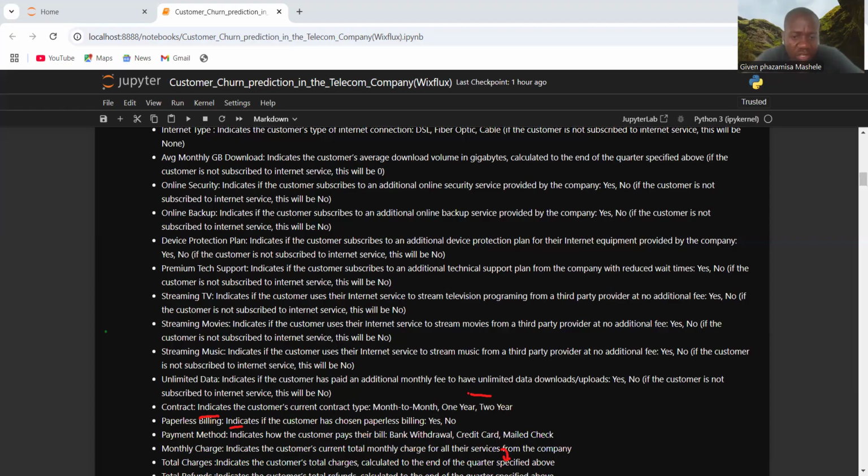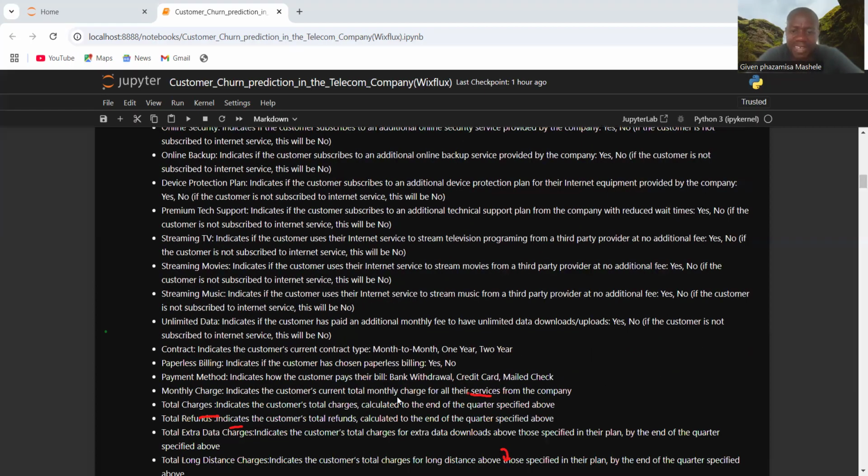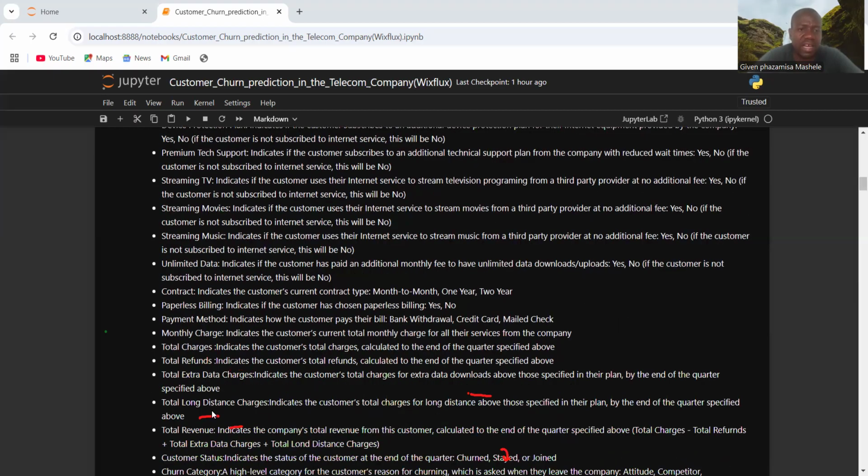Then also the monthly charge indicates the customer's current total monthly charges for their services from the company. Total charges indicates the customer's total charges, which is calculated to the end of the quarter. Then total refunds indicates the total refund calculated to the quarter specified. Total extra charges is just the extra charges for downloading above those specified in their plans. Total long distance charges,